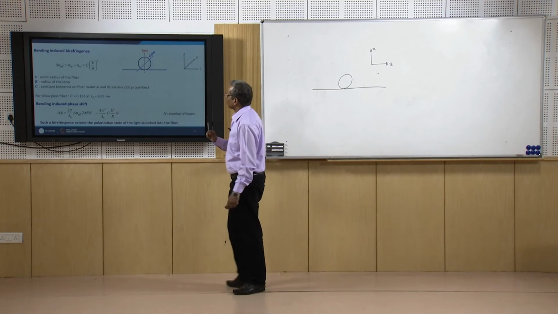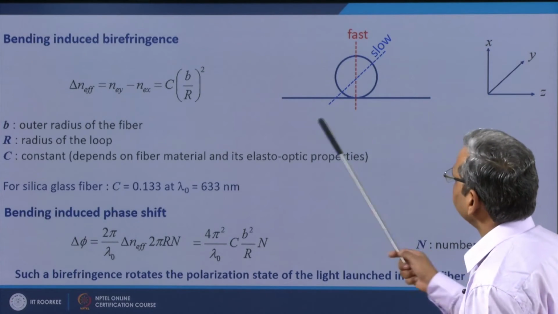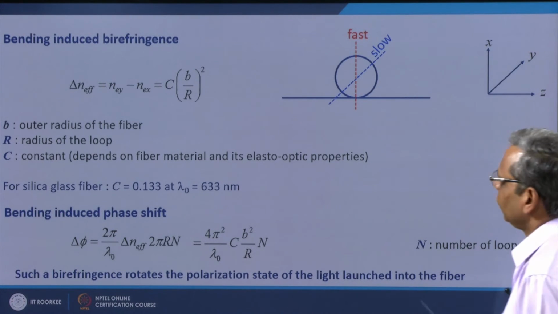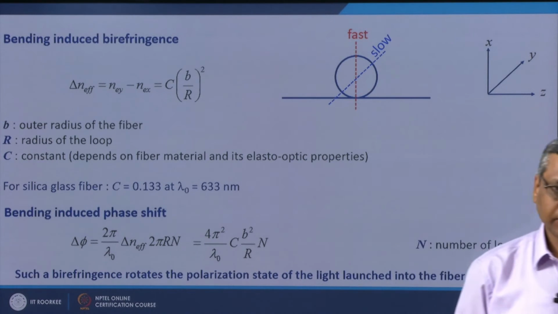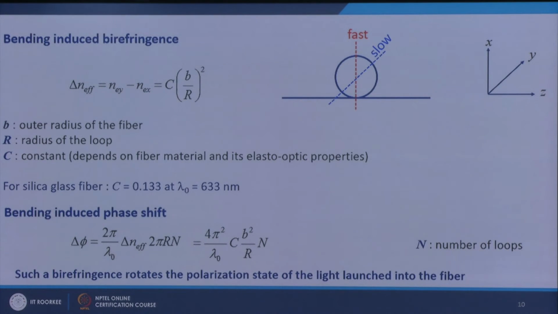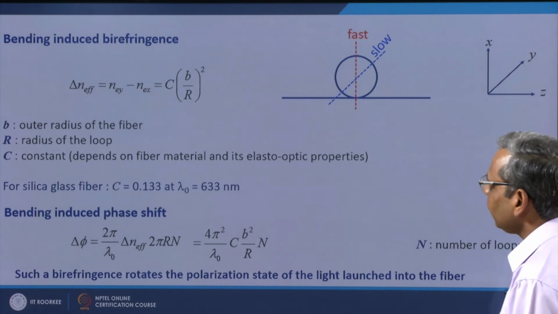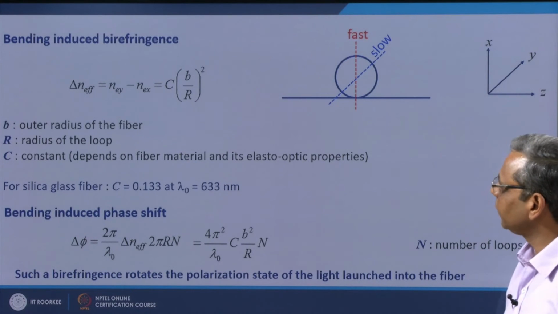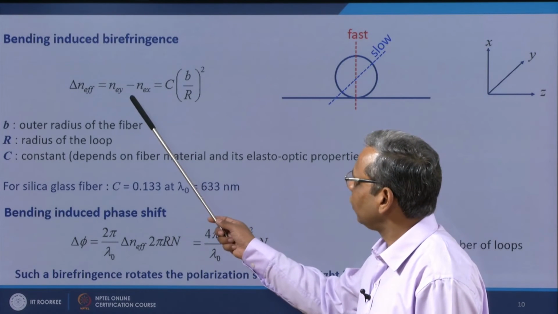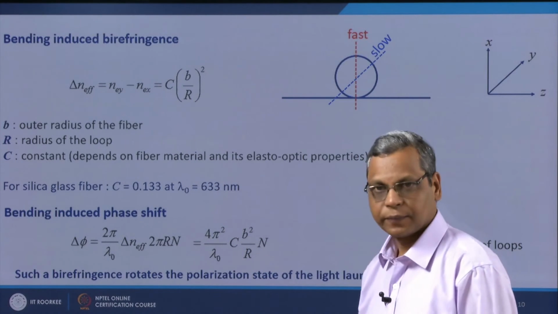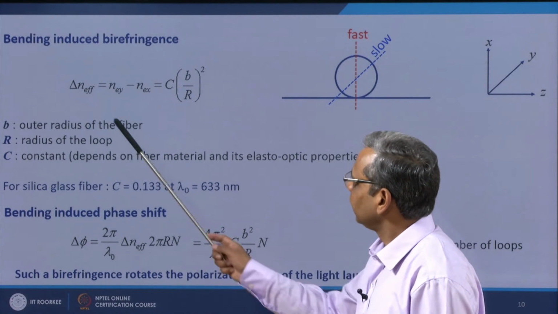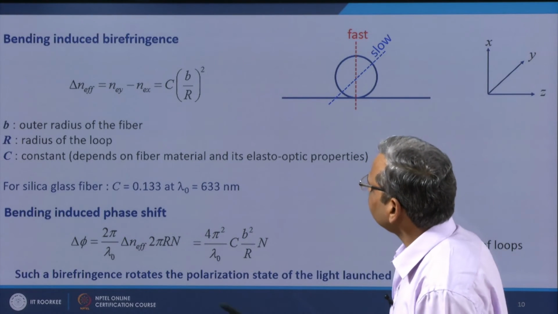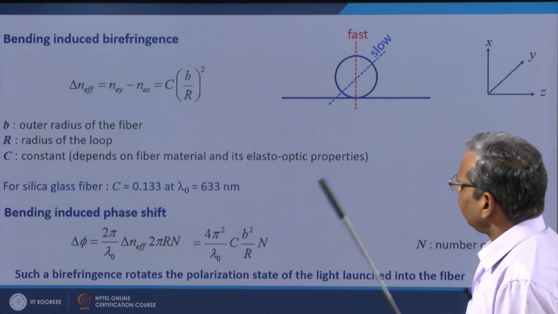So, if I have this kind of situation, the loop is in the xz plane. So, your x axis is the fast axis and y axis is the slow axis. So, there is birefringence introduced in the fiber, and the difference between the effective indices of the y polarized and x polarized modes would now be given by delta n effective is equal to n E y minus n E x,